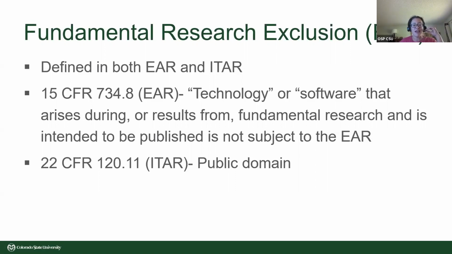So typically, that information out there in the public domain is meant to be published, shared through a peer-reviewed journal, through our libraries, through public conferences and presentations, even through patents and trademarks. It's out there in the public domain. As soon as we say we're not going to allow technology transfer around this, or publications have to be approved, all of a sudden we've taken away that exclusion, and that could be a problem.